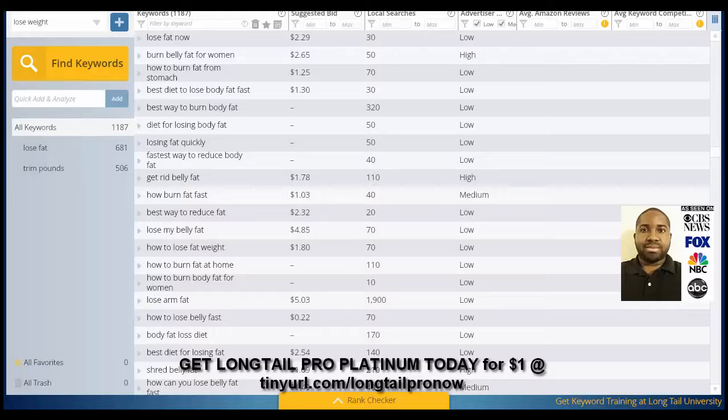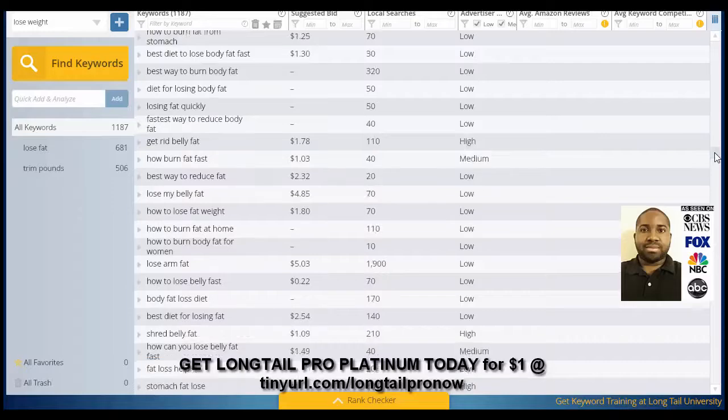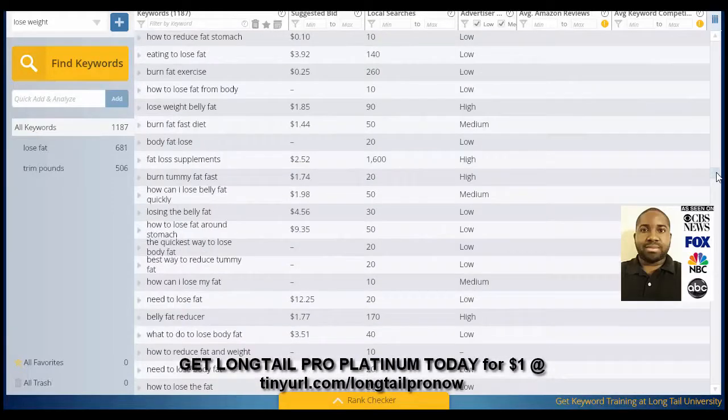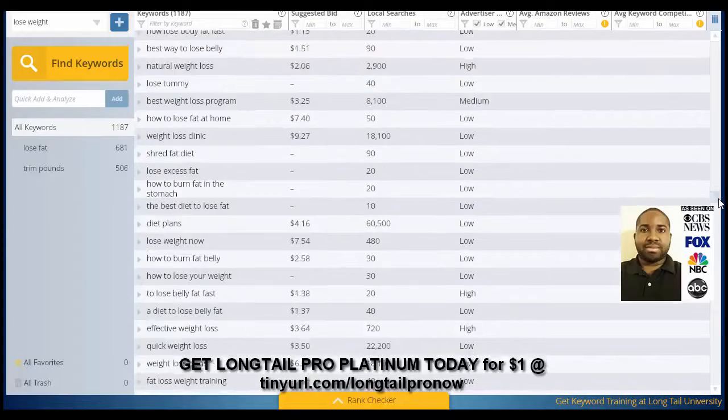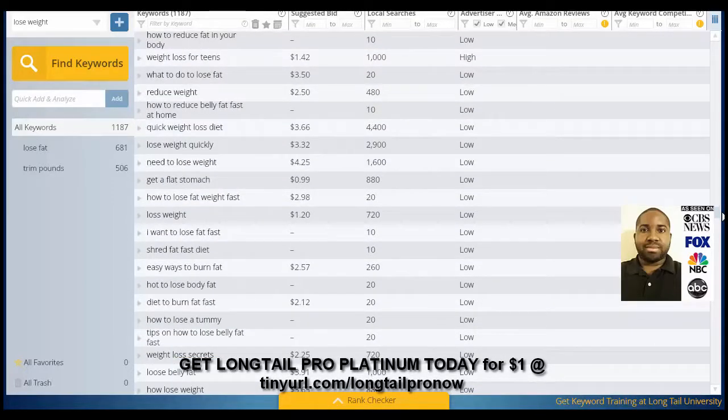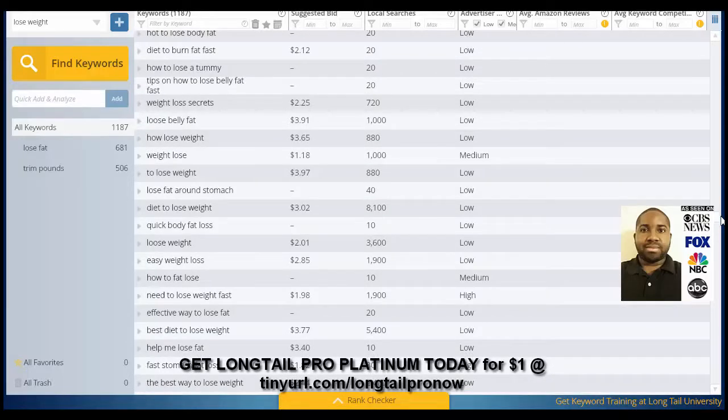Get it as a great way to find long tail keywords, which may be hard to find on other software out there. And you can also learn about how much keywords cost when you're bidding for them on pay-per-click as well. And just find out what the overall competition is like for a keyword before you even try to go into it, so you don't waste your time and energy going after keywords that don't generate the traffic, or may generate too low an amount of traffic for you to even consider going after, because some of them are really, really difficult to go after, and they don't even give you a nice return back. So these are just things to consider when you're going through